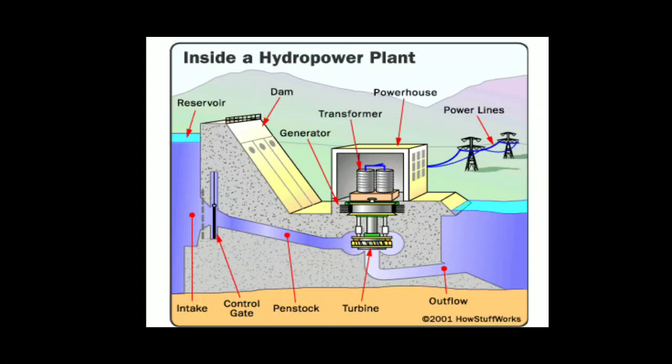Now this figure shows the hydroelectric power plant. Actually what happens here is, from the reservoir through a dam, the water is connected to the Pelton wheel, or rather any type of turbine, through a penstock, and due to this the turbine rotates, which in turn rotates the electrical generator to produce electricity, and electricity can be distributed to different parts of the world. This is what is done in a hydroelectric power plant.